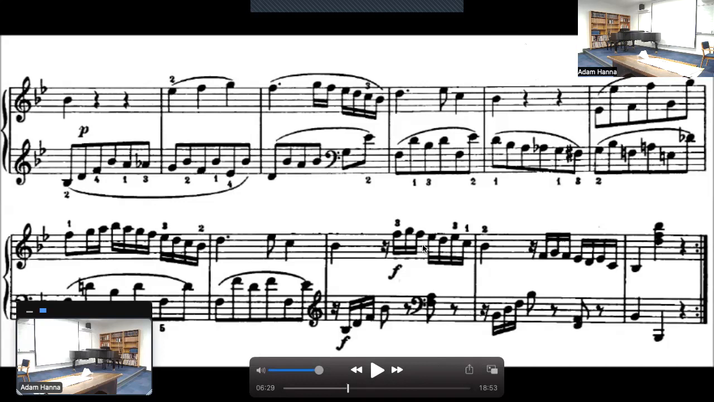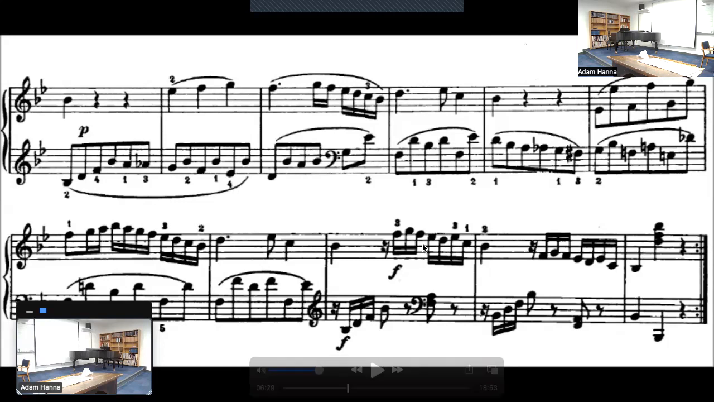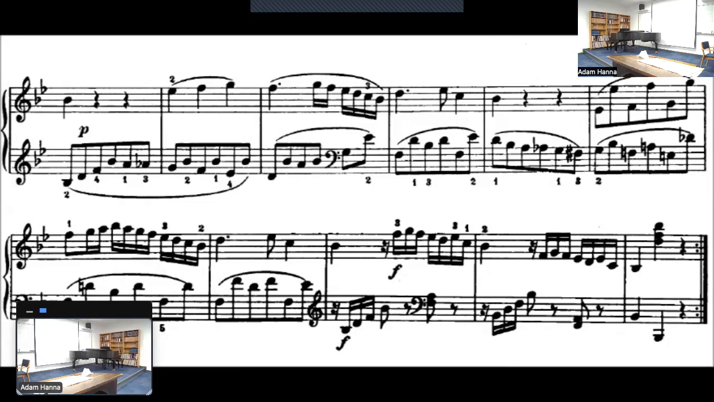And you'll notice that this person decided to repeat the exposition twice, to reprise the exposition, but not the development and the recapitulation section, which, according to what I calculated, puts the golden section, with the exposition repeated and not the other sections, at around measure 98-99,